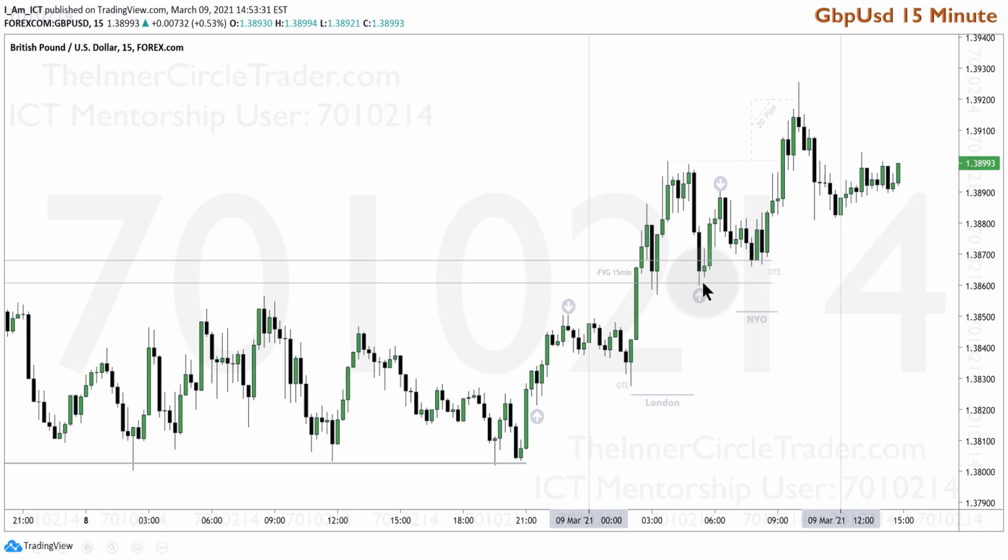So we have low, high, low for OTE in the New York open, then rallies. Buy side liquidity resting above these highs here. 20 pips sweep takes us up into here. Retraces back down into the order block here. It'll be interesting to see if we rally through this high as well into Asia.